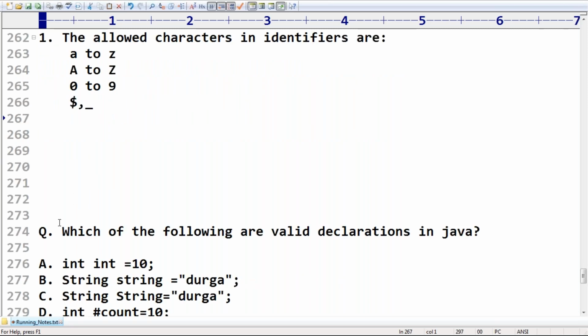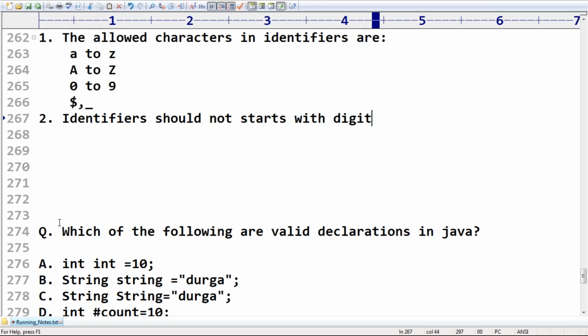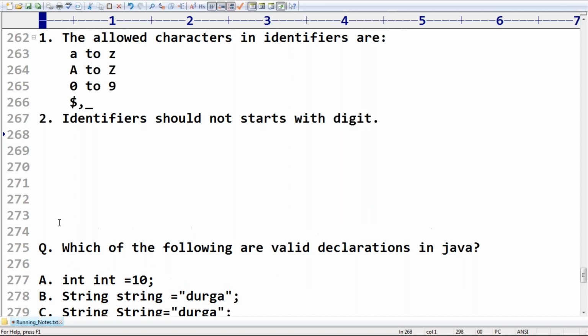Second rule: identifiers should not start with a digit. Remember that; with a digit you are not allowed. I have one small doubt, friends.